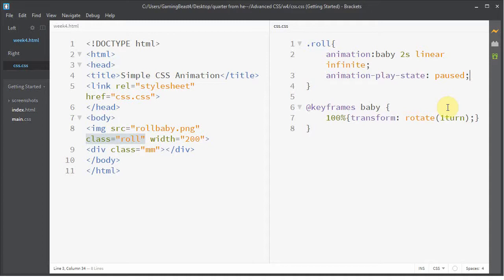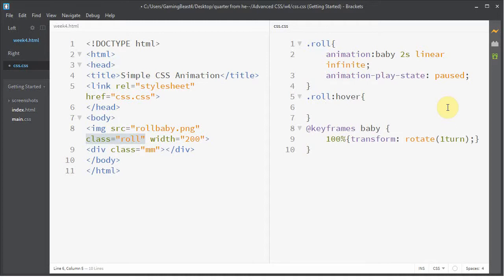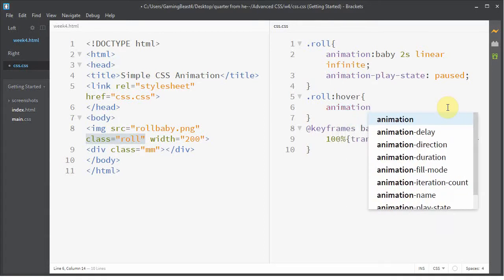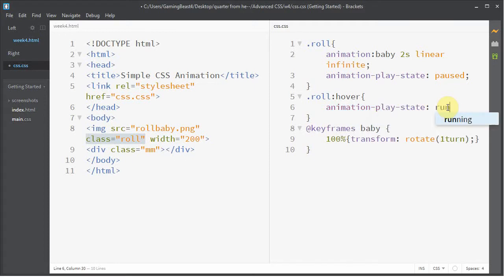It's just sitting there. Okay, so it hasn't moved, it hasn't run the animation yet because I've told it to pause. All right, so now I can come down here and I can say, well, when I hover over the baby, okay, we did this, I think, a couple weeks ago, but it's a little bit different. So now the animation-play-state's going to be running. So this is just another way you can load the animation. It doesn't do anything until you mouse over,